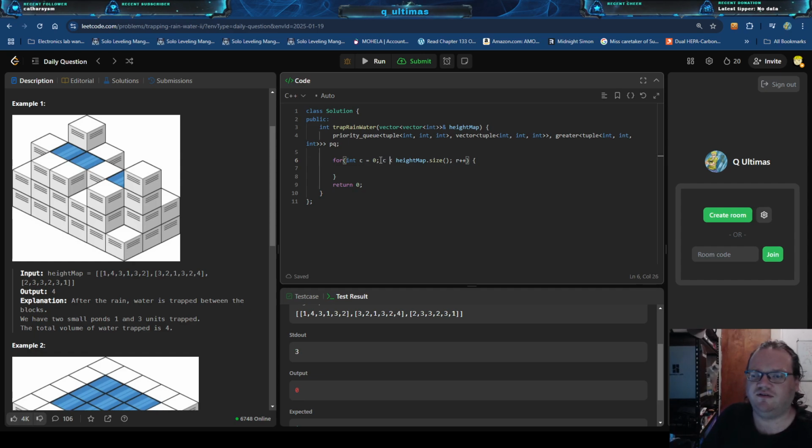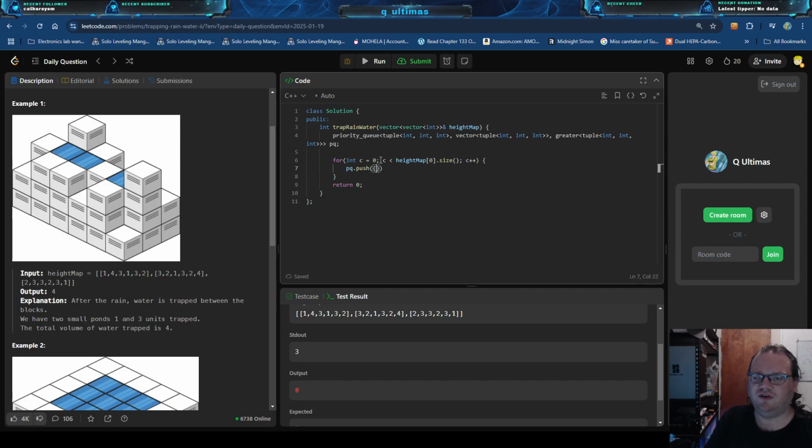Yeah. So we're going to go through each column, and we're going to stay on row 0, and then each column on row m minus 1. So we're going to go